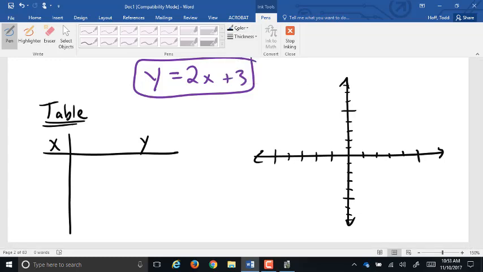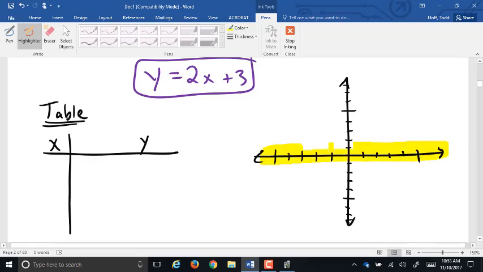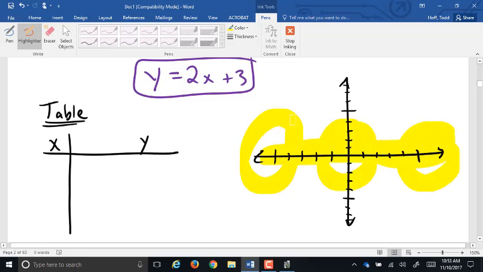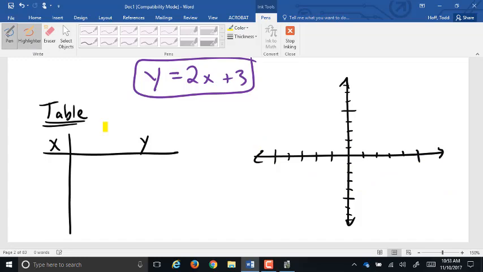Okay, so now to graph this, my scale got a little off on my axes over there, but it'll work. We're going to just pick values for x and figure out what y has to be. To make this work best, we pick values that are scattered across the graph. Some over here in the negative, some in the middle, and some in the positive. To make it simple on myself, I'm going to pick -2,